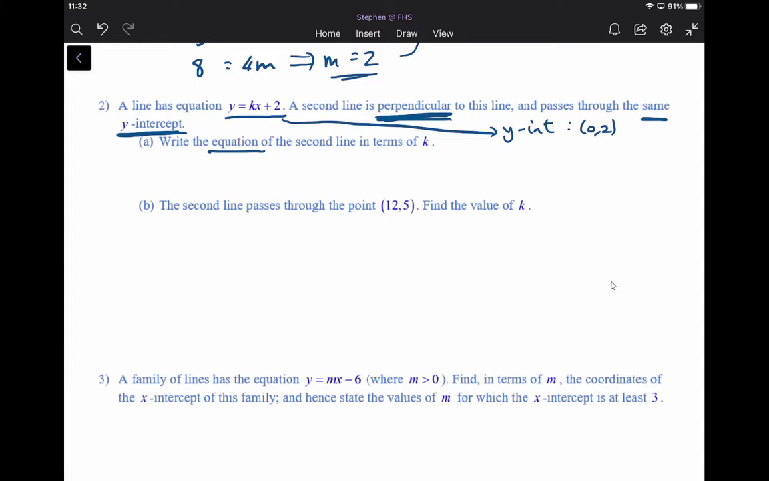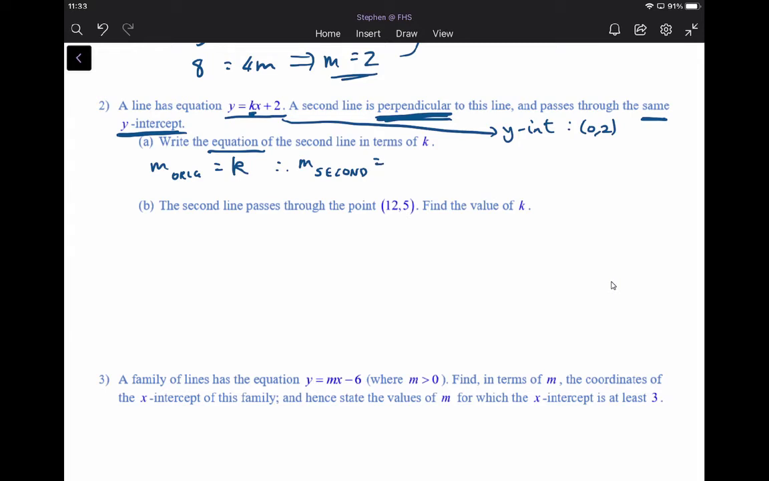So the original gradient is going to be k. Where did I get that from? Well, remember, the coefficient of x is k, so it means the gradient of the original line is just k. And therefore, the gradient of the second line, so I'll just say m second, the gradient of the second line is going to be, you need to do the